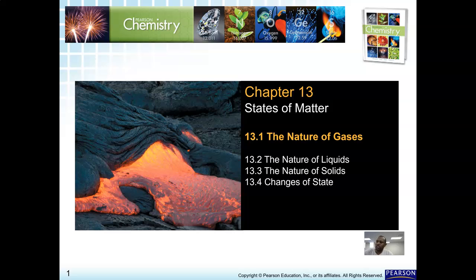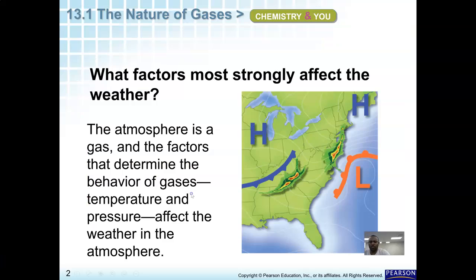To go through this section, a few things that I would like to say: from what we learned in classes, we know what gases are, we know what solids are, and we also know what liquids are. There is a similarity between them, and there is also a difference between each of these states of matter. So the first thing that you all have to remember is, when we talk about